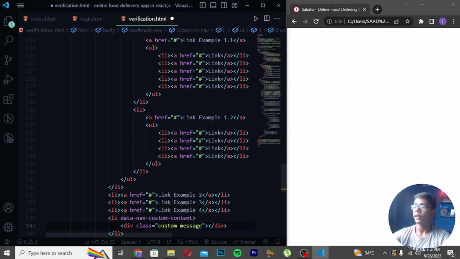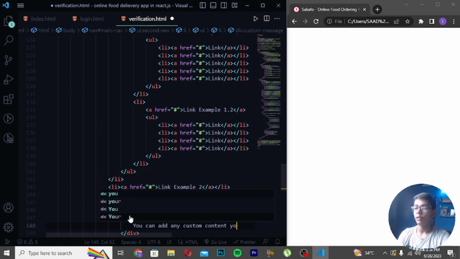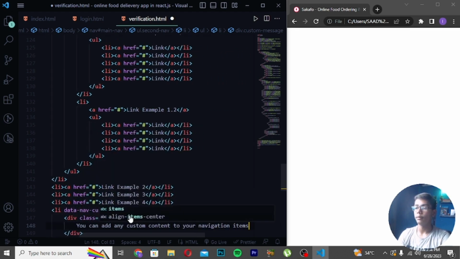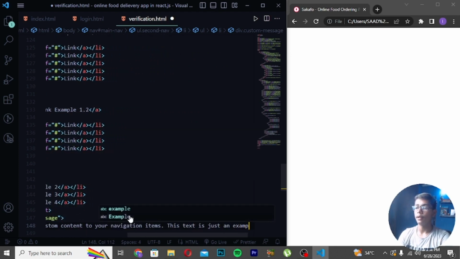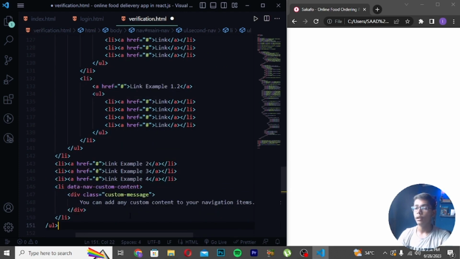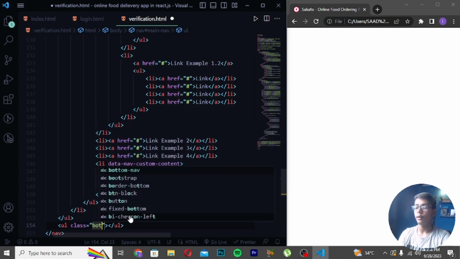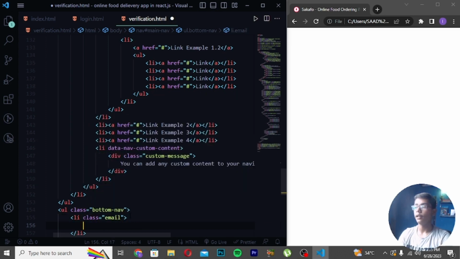Then you can add a message here, like I will be writing: you can add any custom content to your navigation items. Then you have to write this text as just an example. Then you have to move down after the li UL, then li and then UL. Write here UL tag class and here I will be writing bottom line. Then write here li tag class UL like this,